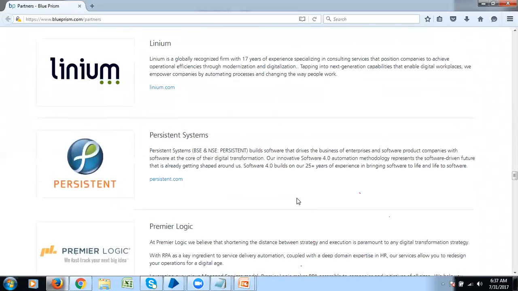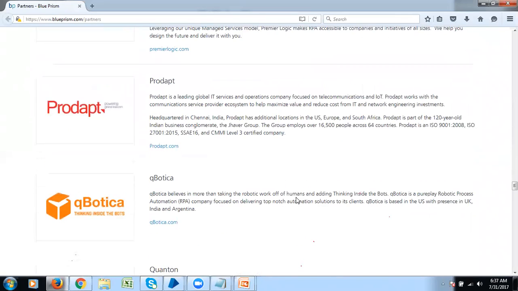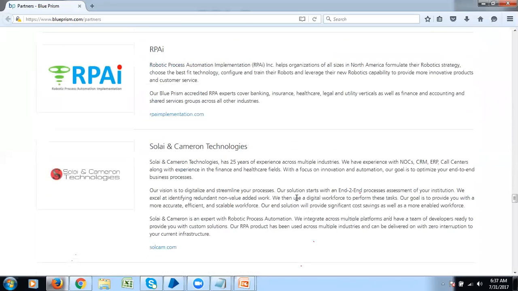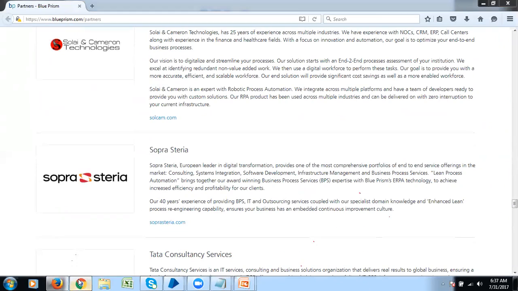These all are implementation partners who are implementing Blue Prism for their clients. Okay, fine.